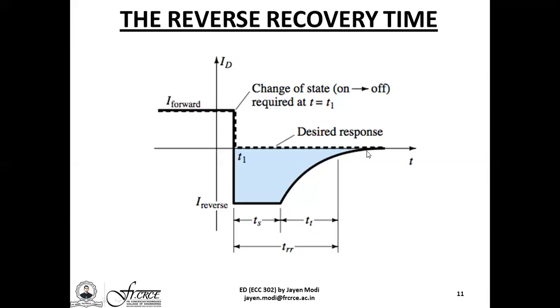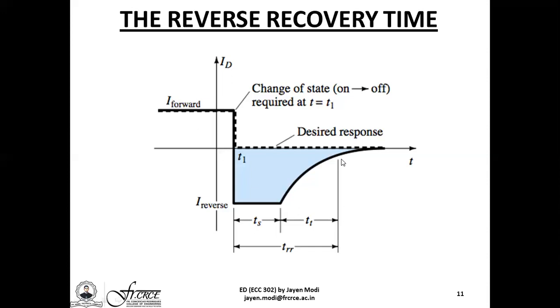And once this takes place, yes, the current definitely will approach zero. So although the desired response is shown by a typical dotted line, which is a typical decreasing step, practically you will have a certain reverse bias current flowing through it as shown by the shaded area, and this is where the speed of operation of normal PN junction diodes to switch from on state to off state is a slight matter of concern, because with this particular condition they are not able to process extremely high frequency or extremely high changing signals with respect to time.